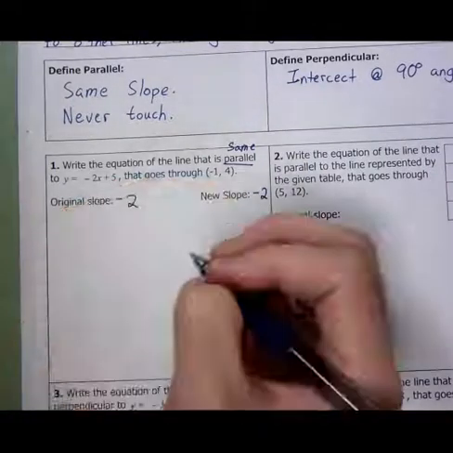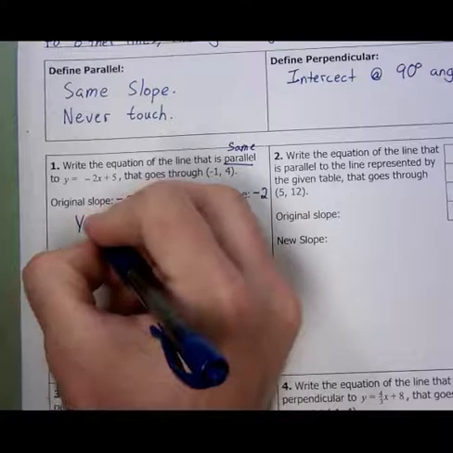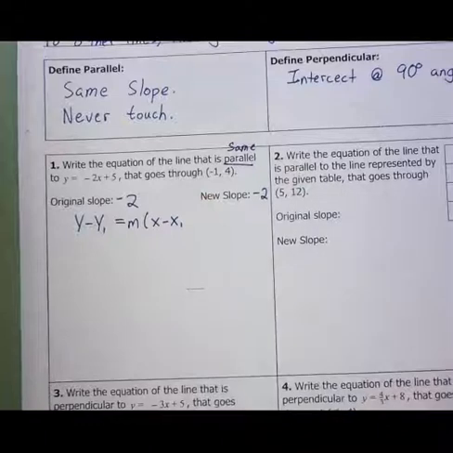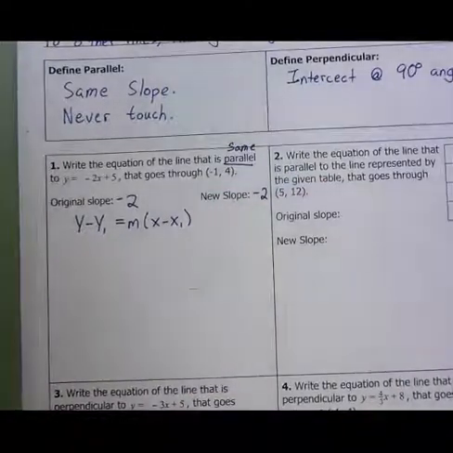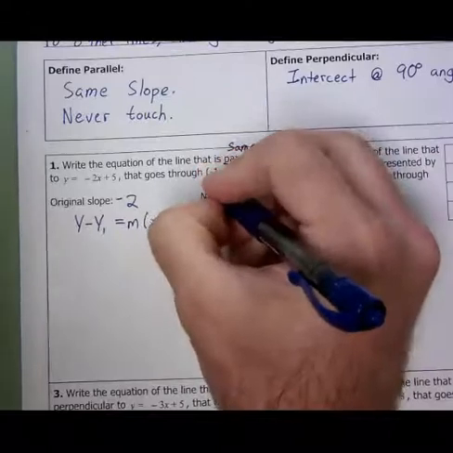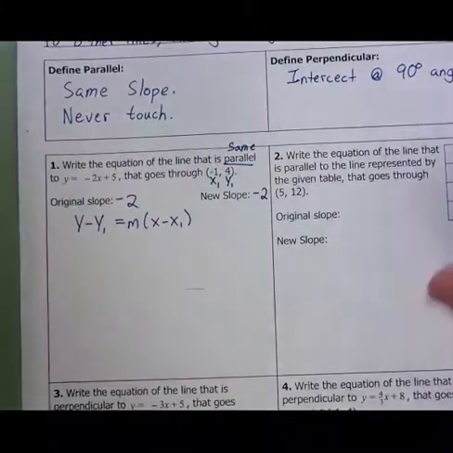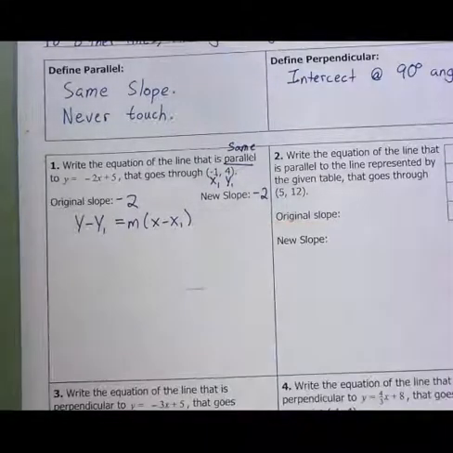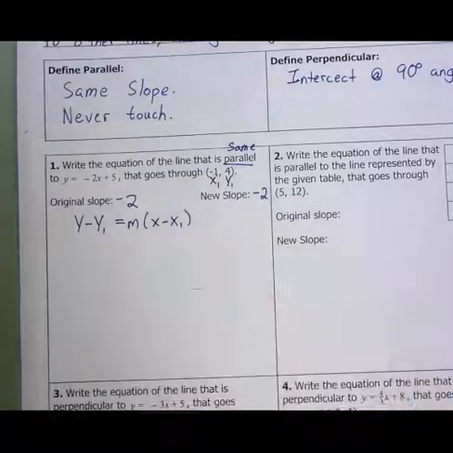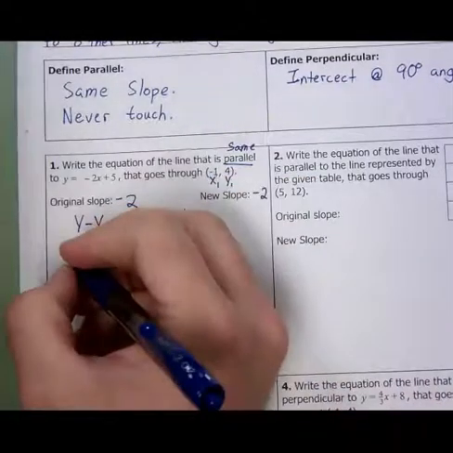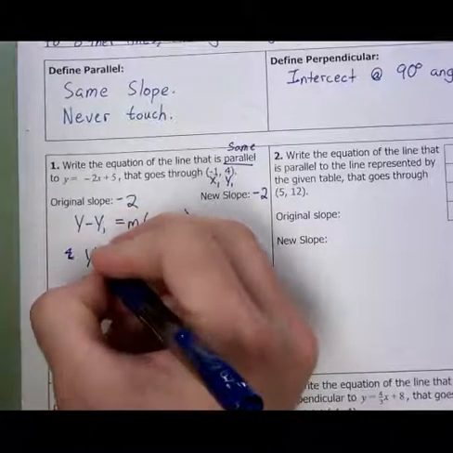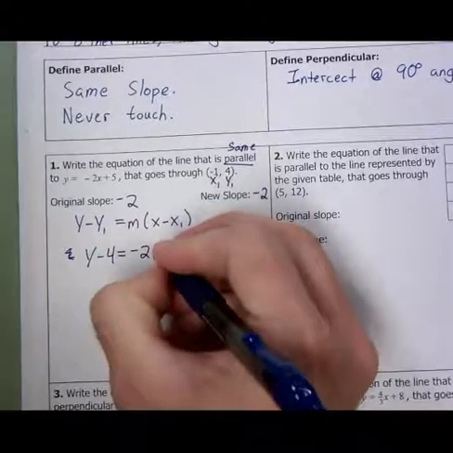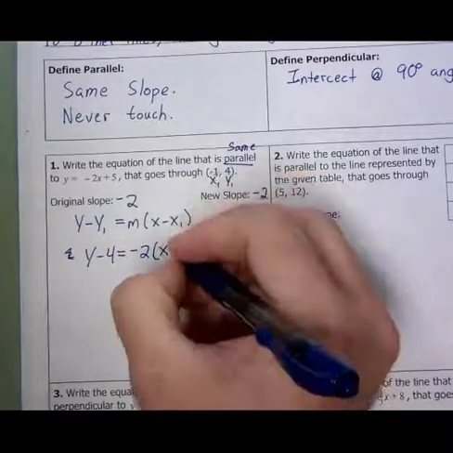So we're going to use the point slope formula. y minus y1 equals m parentheses x minus x1, close parentheses. Remember, whenever we put in our x1 and our y1, it's going to be the opposite. So a negative or a minus 1, when put in, becomes a plus. A positive 4 becomes a minus 4. So y minus 4 equals a slope of negative 2, parentheses x, and originally it was a minus 1, so now it's going to be a plus